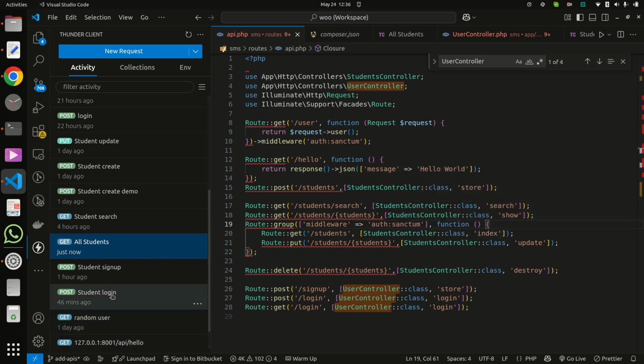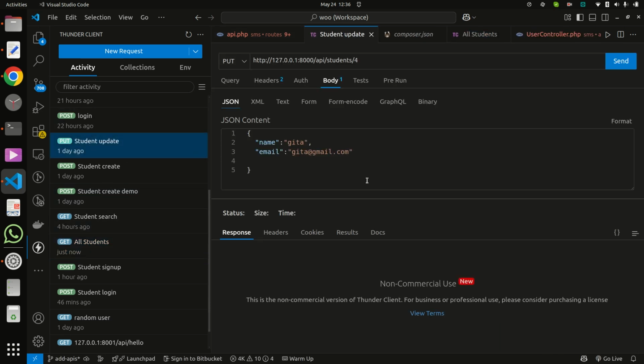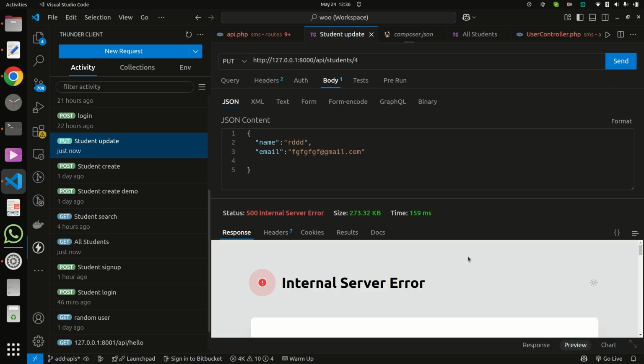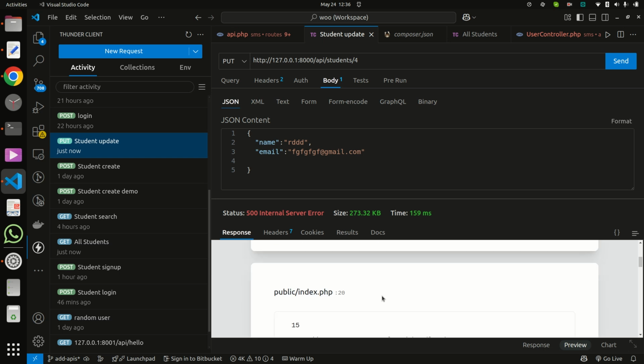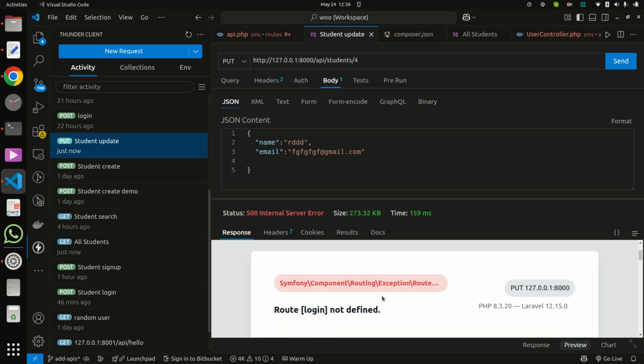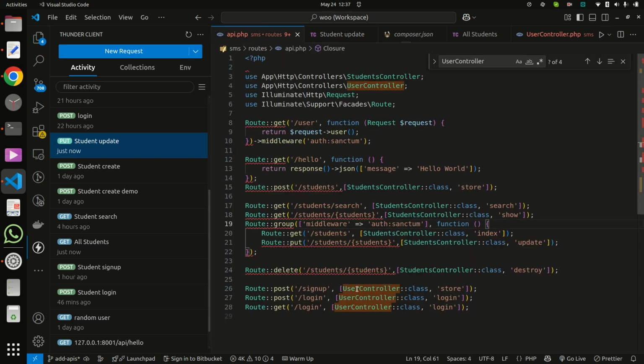Now if I want to update a student, it is giving the error route not defined, because we need to handle that issue.